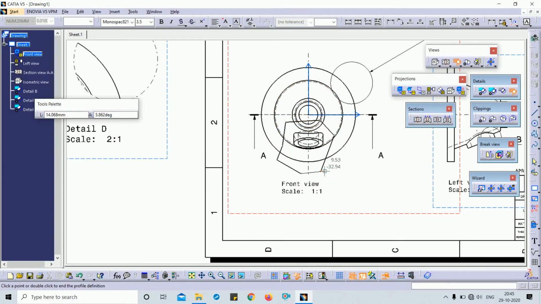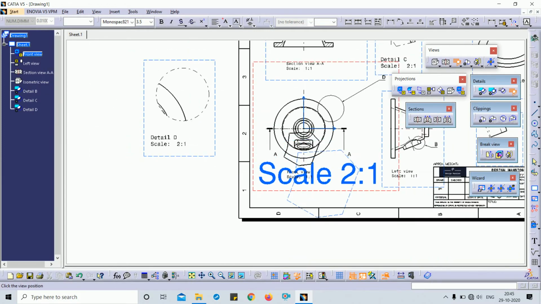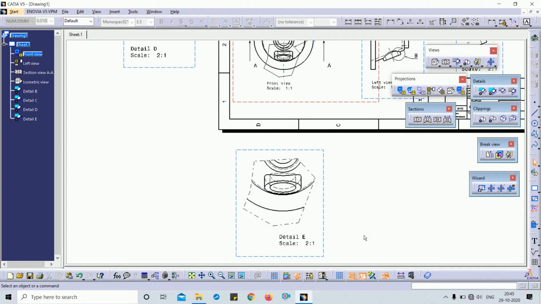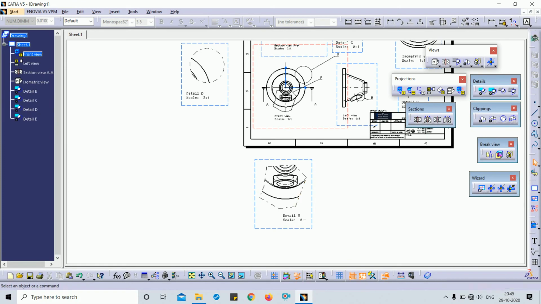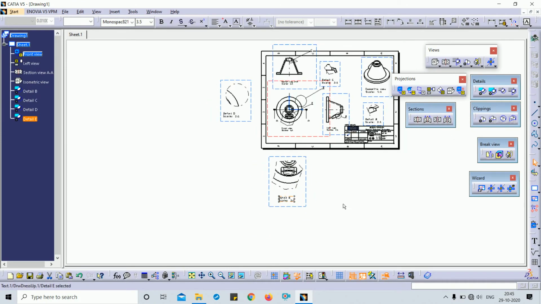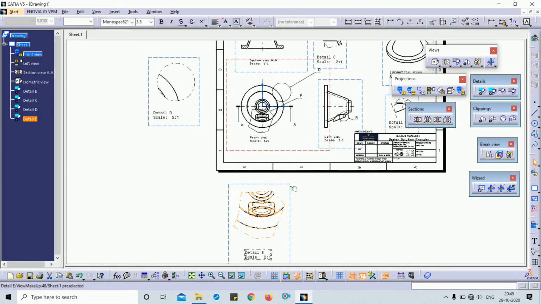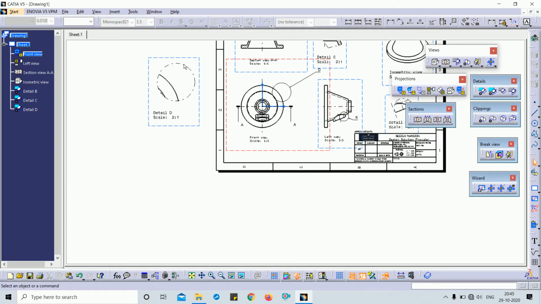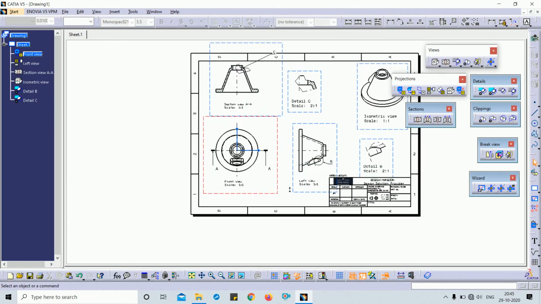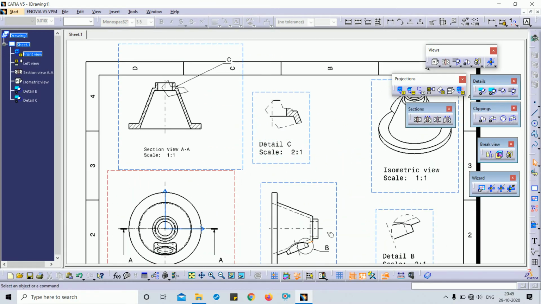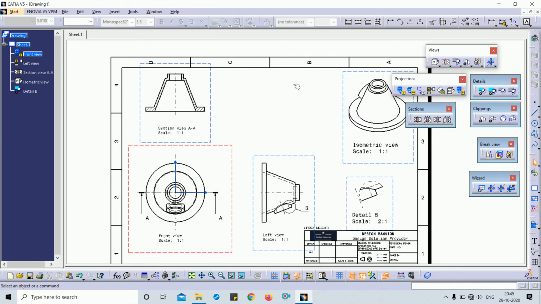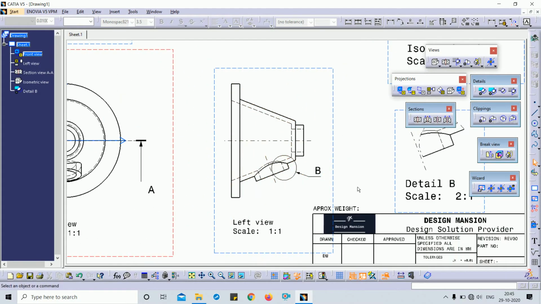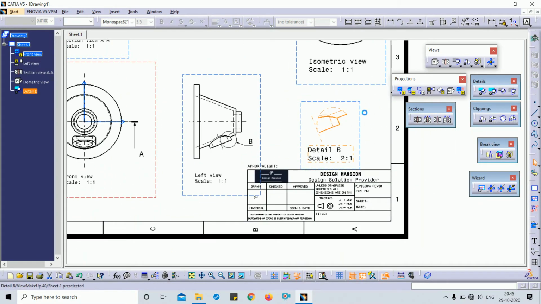You can see this is my quick detail view profile. So detail view and profile detail view are more or less the same. This is a profile, and the detail view is by default a round profile. So this is about the detail view.